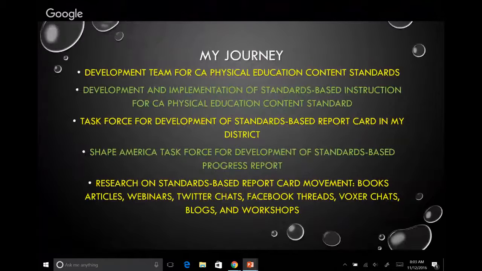So this is my journey along the way. I'll be sharing what I've learned from experience, the good, bad, and the ugly, and what I've taken from blogs and books and articles and webinars and workshops, and from talking to experts on standards-based grading. I've also listened to teachers who've been committing to moving their practice forward in standards-based grading. I've heard many questions along the way, and I've discovered that the more I learn, the more I need to know. So it's a never-ending cycle, but it's a great journey, and I'm welcoming you to this journey that we're going on.